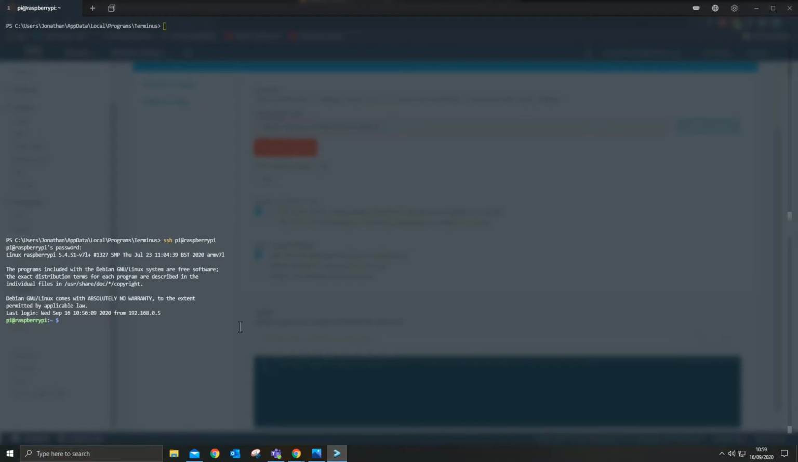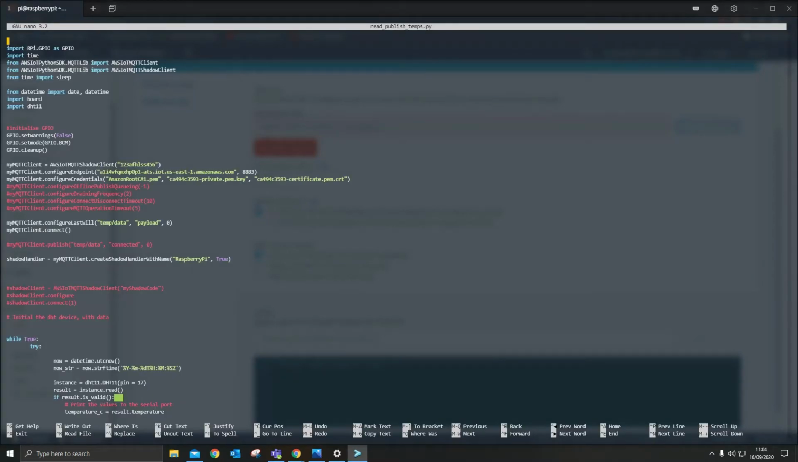So what you need to do is change the code inside your Python file. Rather than using the AWS IoT MQTT client objects, you need to change that to the shadow client. So you might have a file that looks like this after following some online tutorials. You need to set this variable to AWS IoT MQTT shadow client rather than just the client, and then